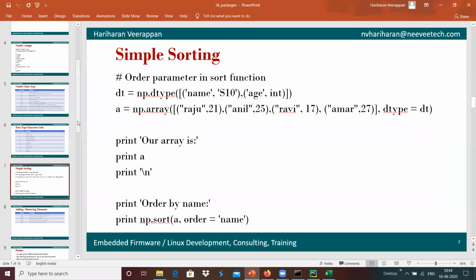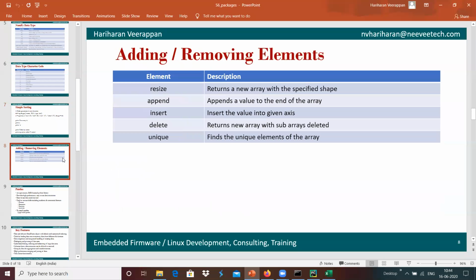We also have the option to resize the NumPy array, and we can do the insert. We did the append, so maybe we can do the insert over here.